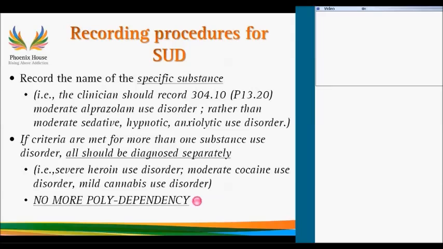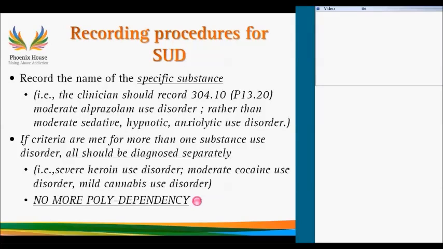the clinician would record 304.10, which is the current DSM language. And as you see here in parentheses, there's a new code, T13.20. That is what you're going to see in terms of ICD language, which is coming. It does not need to be applied yet, but that's the new lingo. And for those of you who have questions about it, that is actually listed in the DSM-5. So it does have both the DSM-4 codes and the new and upcoming ICD codes as well.